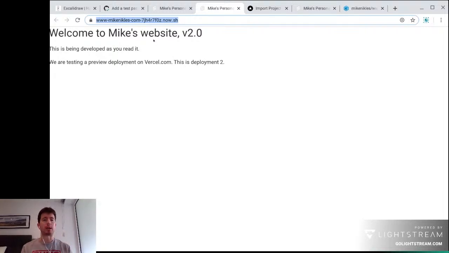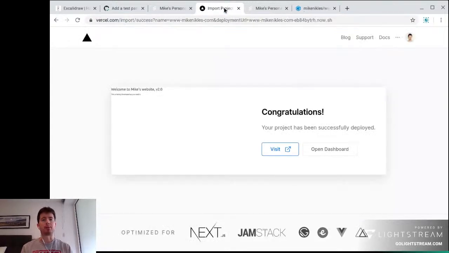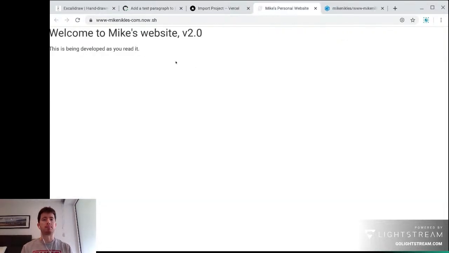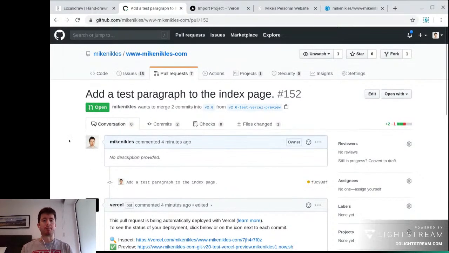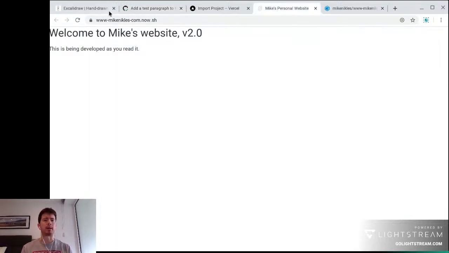This is great. We actually achieved what we tried to do. Now I want to try one more thing. Let's close these preview URLs. As I said, this is our production URL. Once we merge the pull request here, once we merge that into our v2 branch, then I want to deploy to that michaelnicholas-com.now.sh. I'm pretty sure this is just going to work, but I also want to try to add an alias